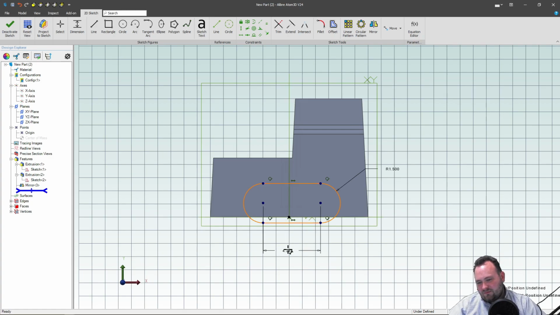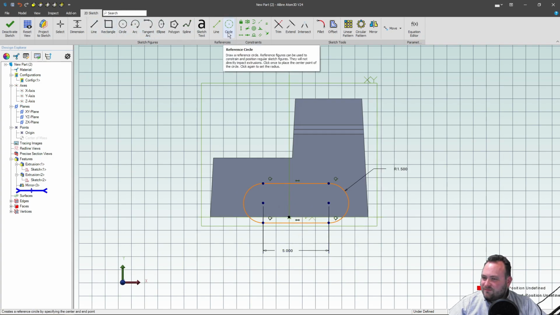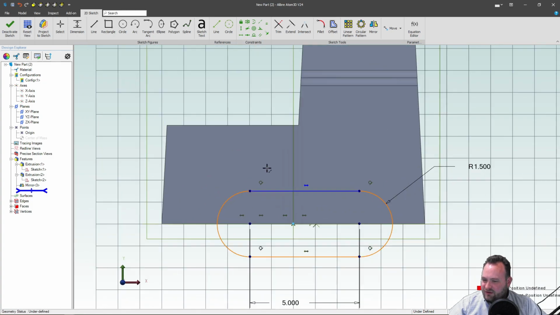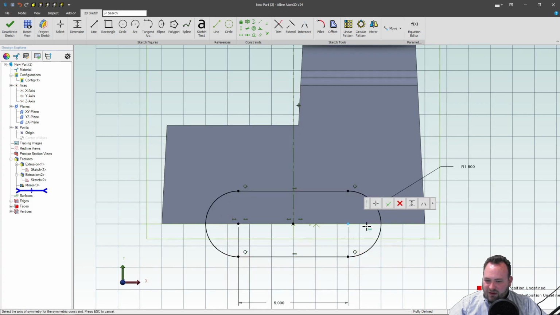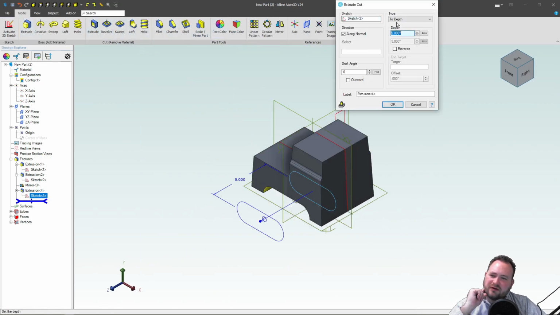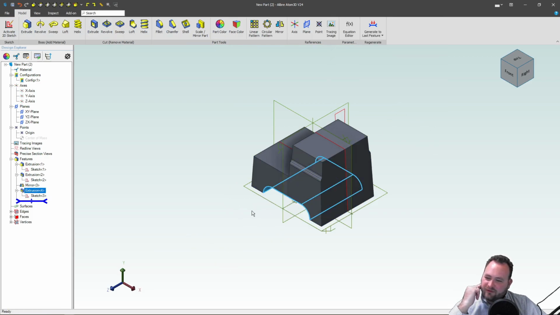And, whoops, I want to make that 5 actually. And then we'll go horizontal with this sketch origin here, and then we'll grab a symmetric constraint, and yep, we grab our line of symmetry, point, and point. Deactivate, extrude, through all. Now I could make a similar profile on the other one,